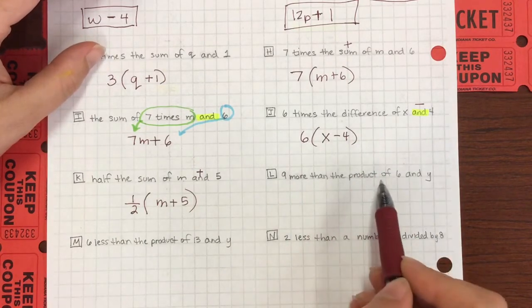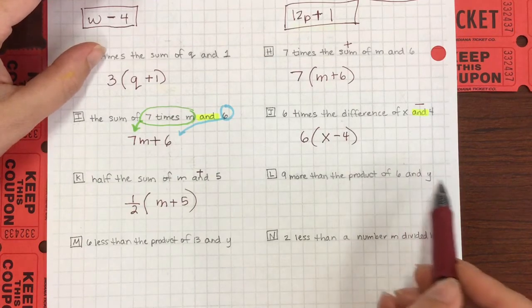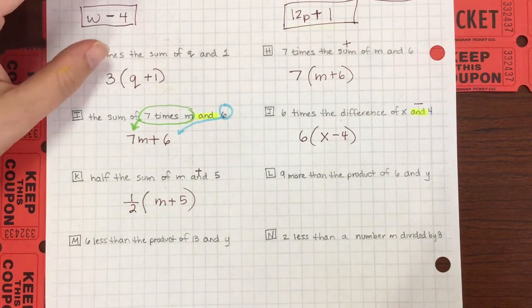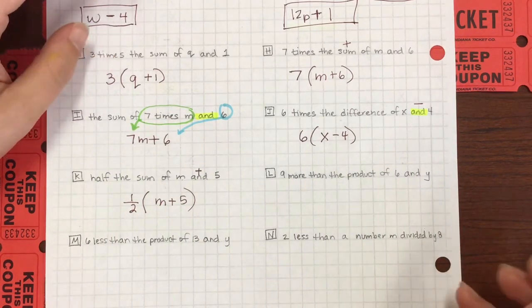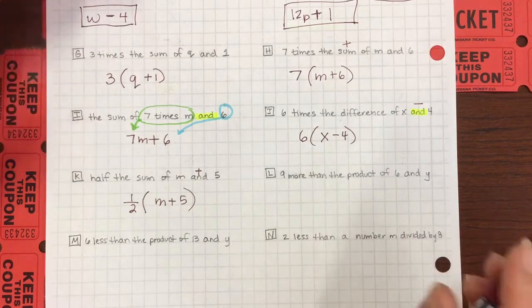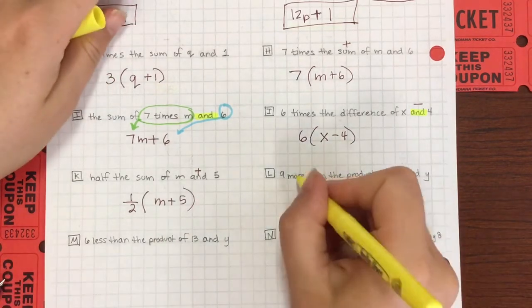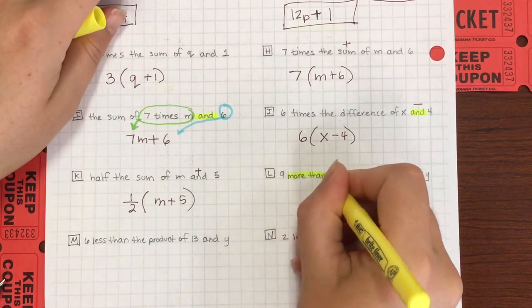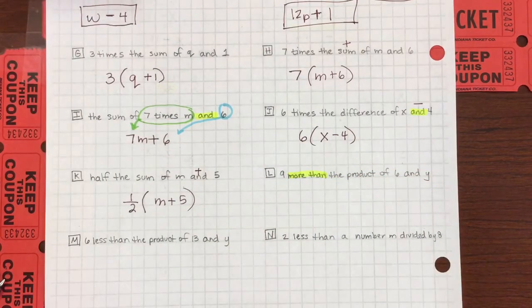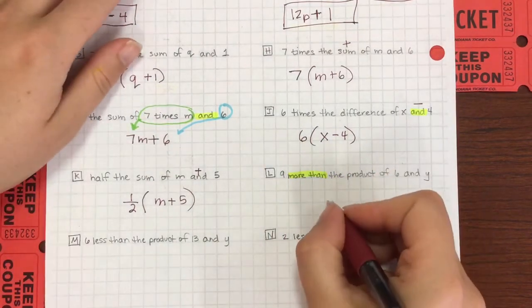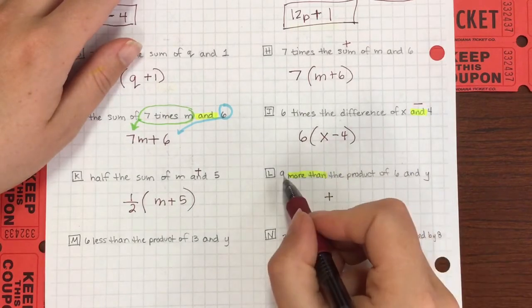9 more than the product of 6 and y. Okay, got a lot going on here. So 9 more than, all right. So there we have this more than. More means we're going to be adding, right? Than means